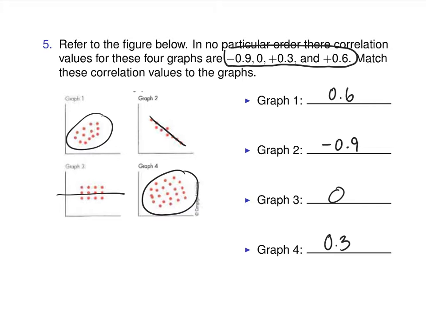The most common mix-up on this was the 0.6 and the 0.3. So the tighter they are together, the closer to 1. I thought the bigger the number, the more drastic. The bigger the number, the more spread out the graph would be. No, that was my fault. The closer it is to 1, the closer they fall to a line. 1 is a perfect line, 0 is a mishmash, -1 is a perfect negative line.